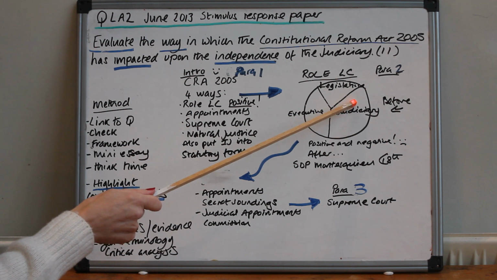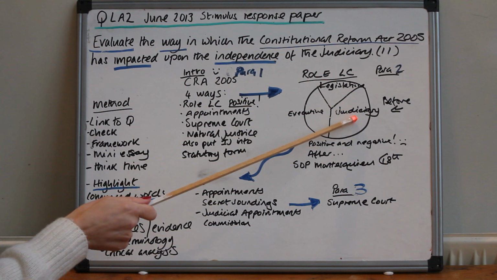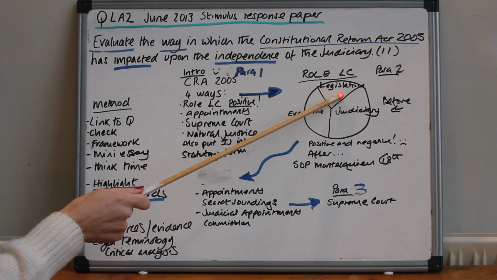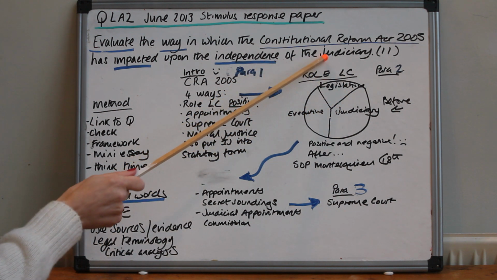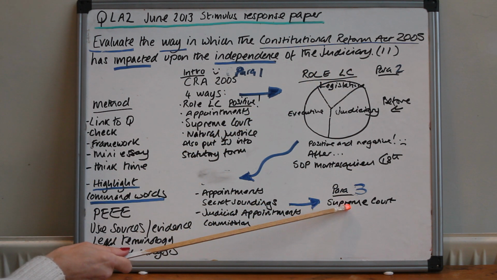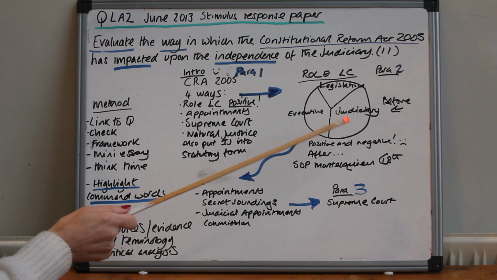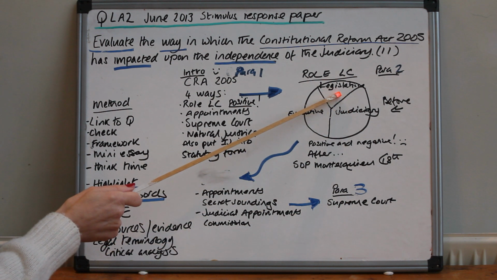It's in the Guildhall, and that means that the justices are within the judiciary and not part of the Legislative. So this assists with the independence of the judiciary. As well as this, the justices who sit in the Supreme Court cannot be involved in any way in creating legislation, which was the case before.